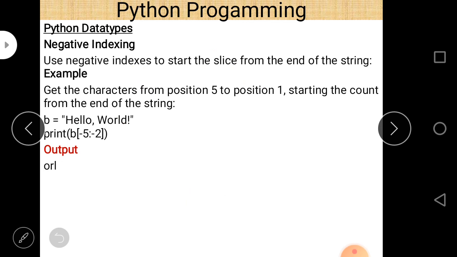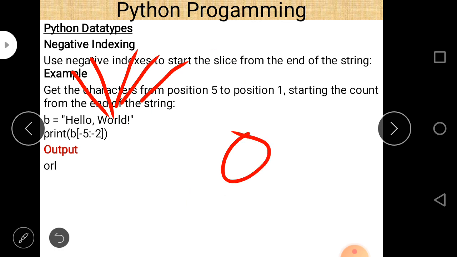And last is negative indexing here. Here we can see -5 to -1. So hello world starts from here. This is -1, and d is at -2, -3 l, -4 r, and -5 o. So -5 is o. It starts from o, so it means o will be printed.